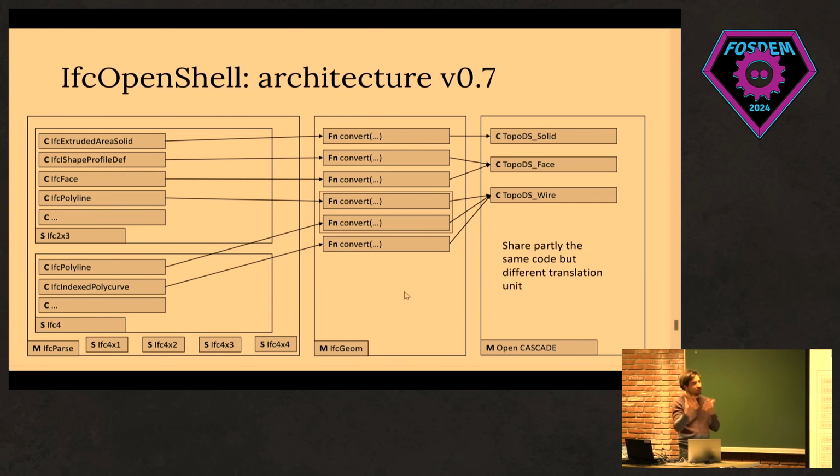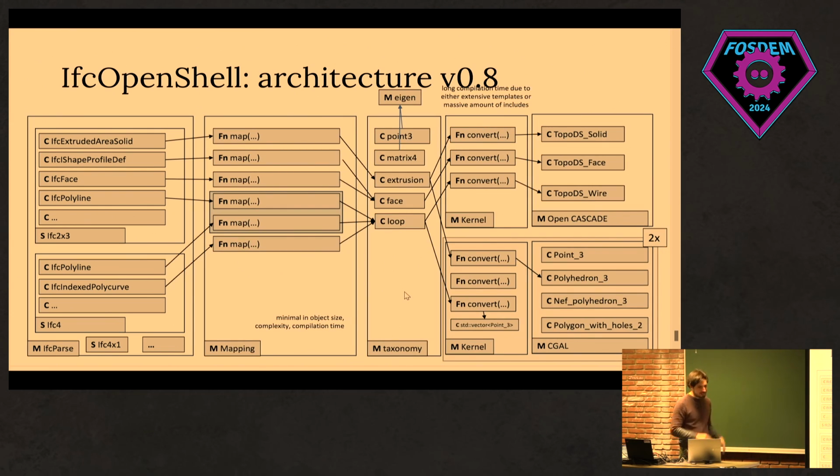There's about, let's say, 200 classes in IFC that somehow affect geometry or representation. So they have an implication on our BREP conversion to OpenCASCADE. So they have these kind of conversion functions. And then we rely on OpenCASCADE. But it has gotten quite a large code base. And in the new version,